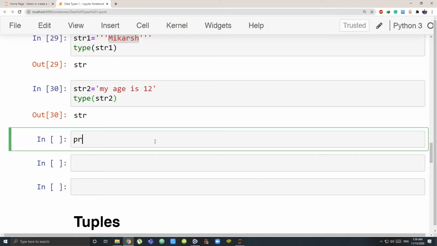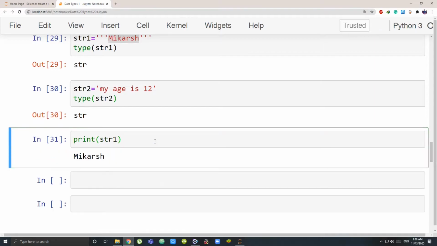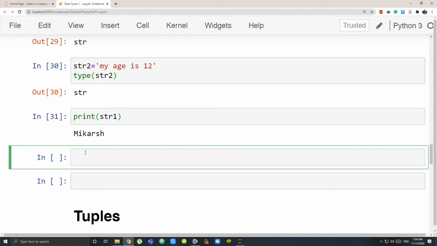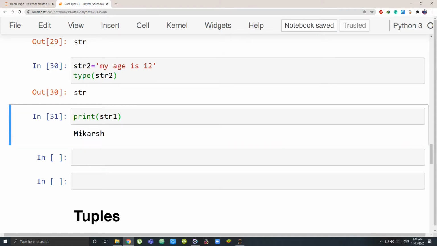So let's print our str1. One thing that I want to tell you is that strings are immutable. We saw that you can't change, if I want to change m to n, I can't directly change it. So it's an immutable sequence. Next, the values are having order. So the first value, that is m, it is having the position 0. So that's how it works in Python. First position is 0, second is 1, and so on. So each of the values are having position. So the sequence, that is string, is having order.